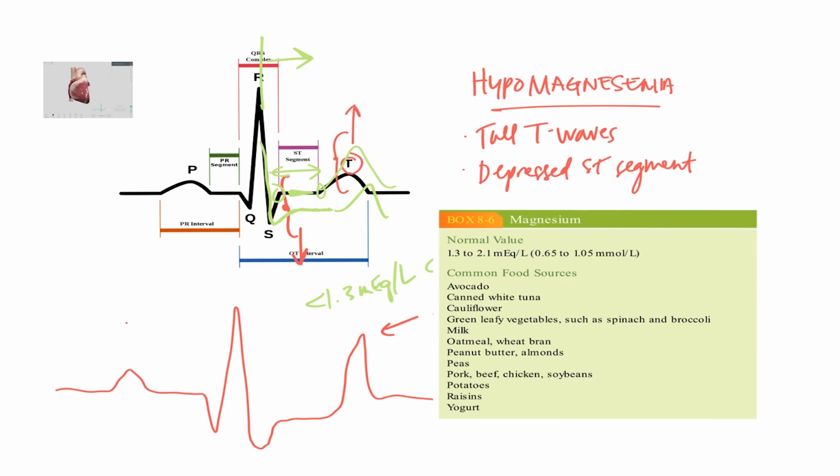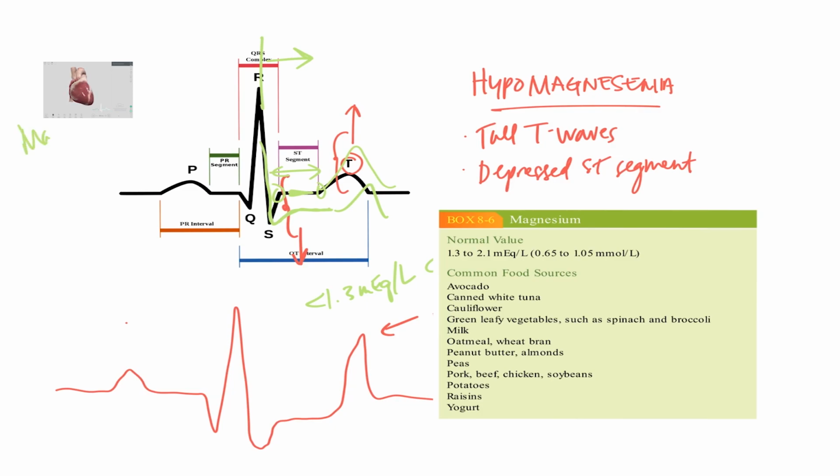And I forgot, I need to talk about the antidote for hypermagnesemia. But anyway, causes include inability of the body to absorb enough magnesium. So a lot of GI diseases like Crohn's disease, ulcers, stuff like that. And what you're going to do as a nurse is probably give magnesium